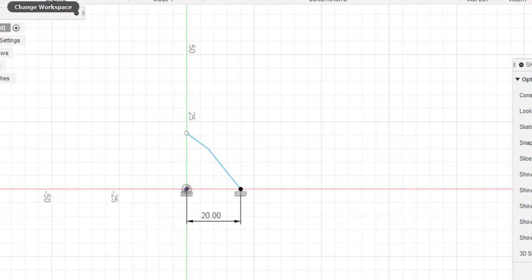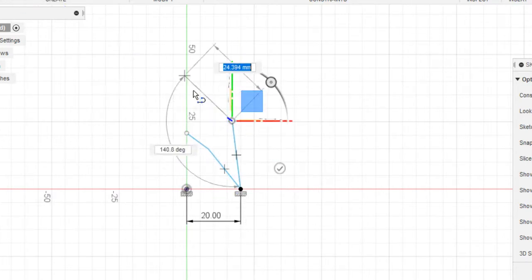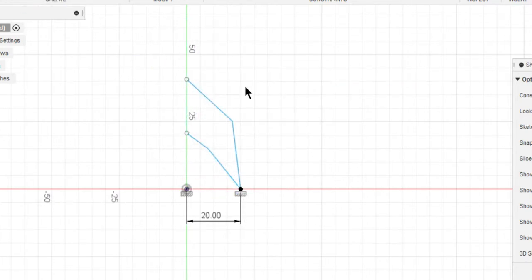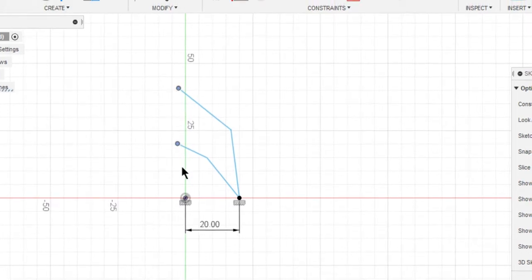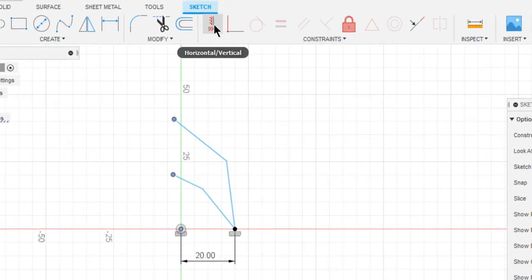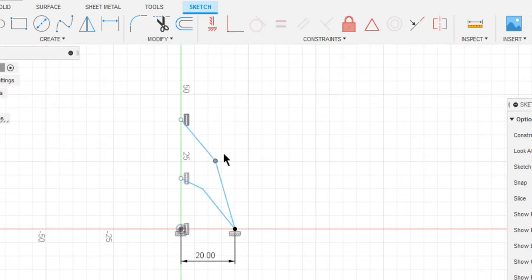Repeat the same and draw a bigger one. Make sure that it is not constrained with any entity. Now, I want these 2 points to be vertical about the horizon. Select these 3 points and choose vertical. Awesome. They are free to move. We just need to give them dimension. Here, the eccentricity is greater than 1. It means that the ratio of the length of this line to this line is always greater than 1. Keep in mind that the ratio is constant for all these entities.